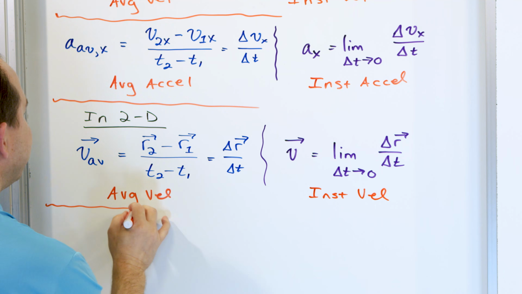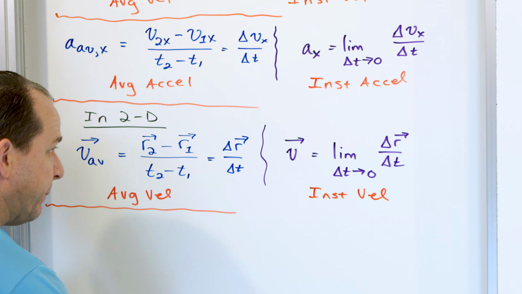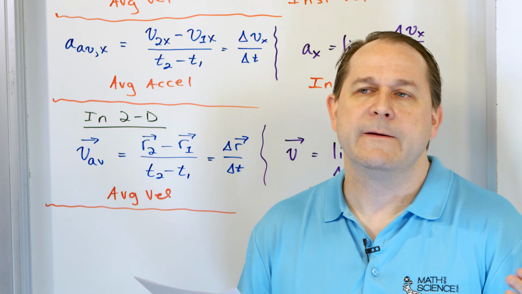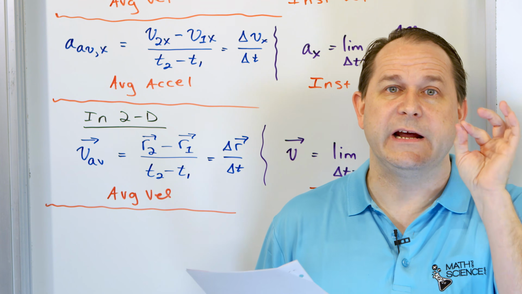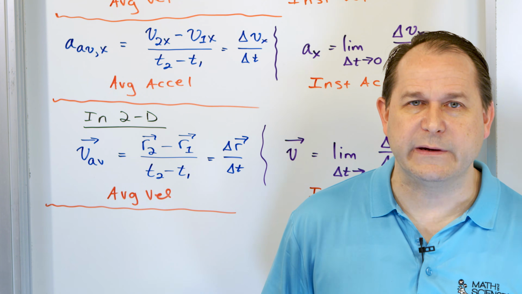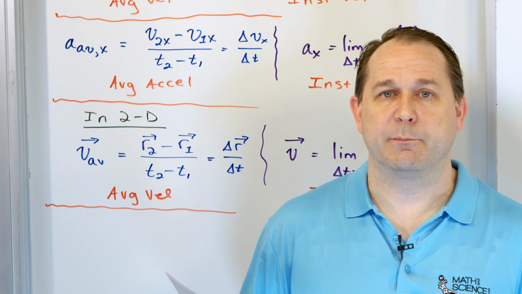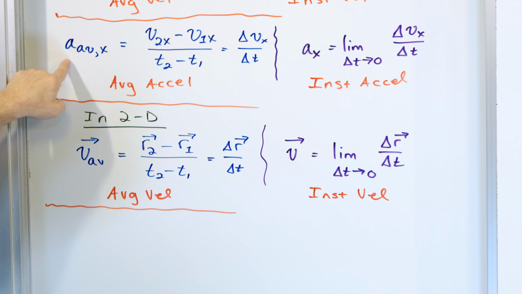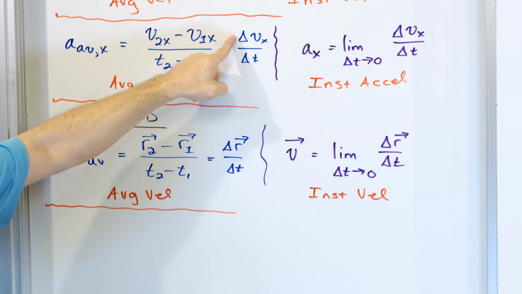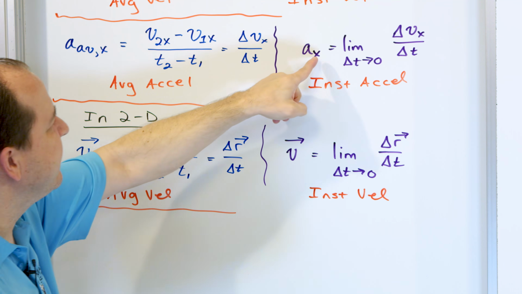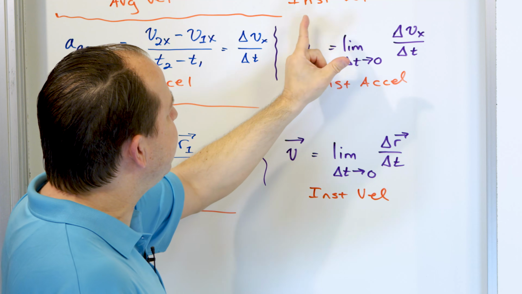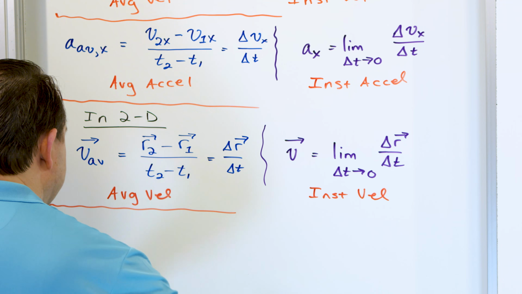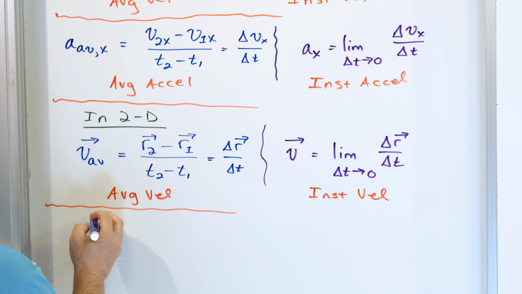All right, now all of that stuff you really should have already been exposed to because I taught extensive lessons in that. We did everything in 1 dimension, understand the equations. Then we did velocity and position in 2 dimensions. Also, you can extend it to 3 dimensions. So now, here we take a breath and say, how do we handle acceleration? Well, we already know that acceleration is just the change in velocity. You can see it right here, divided by the change in time. In the instantaneous form, it's the same thing, but we just take the limit as the time interval goes to 0. So we can then talk intelligently about, in 2D,